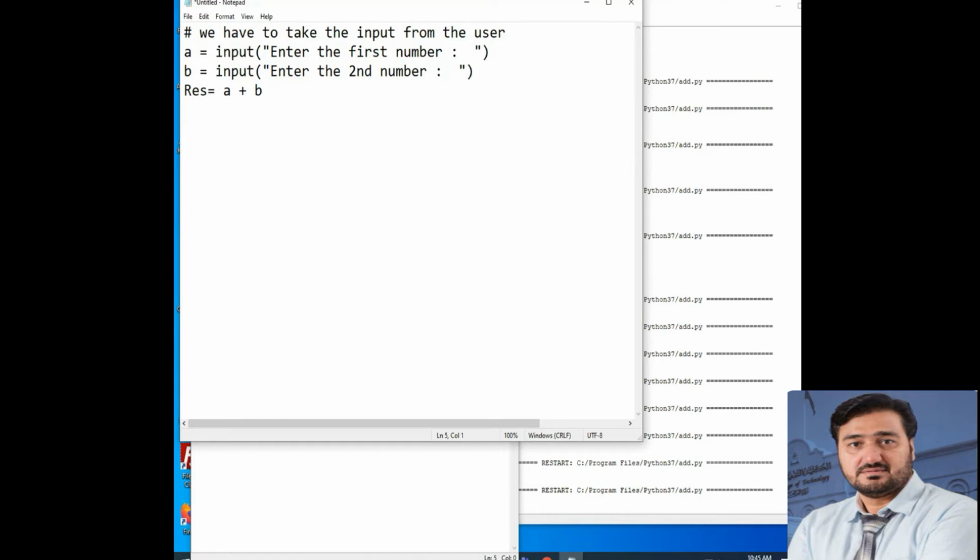Now we need to see how we are getting the input from the user and how it is going to display. So how can we print this? Just write print and result, okay, res. If you want to print some message before the result, you can also type it. Suppose you want to print a message, you can just write in double quotes, the result